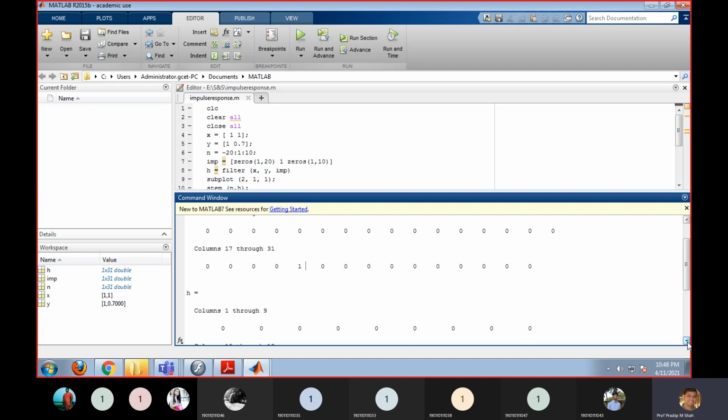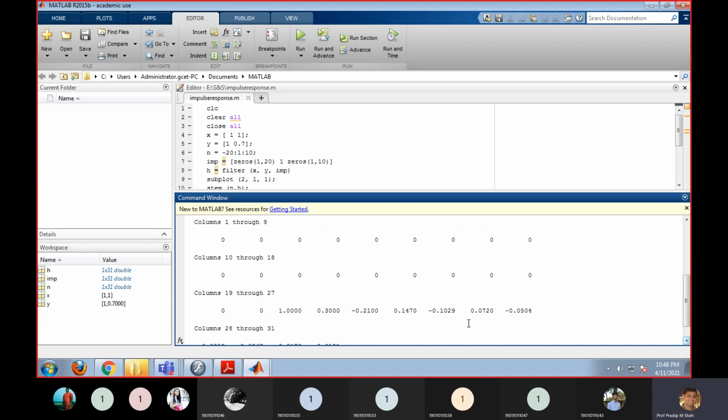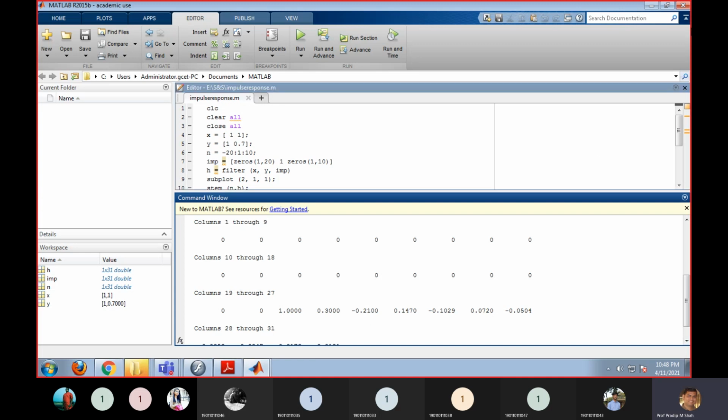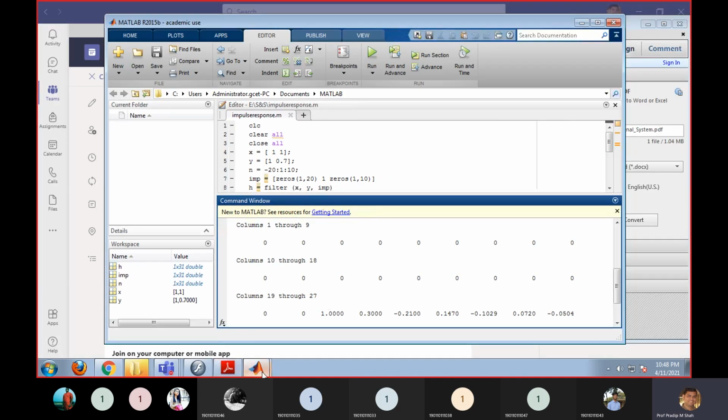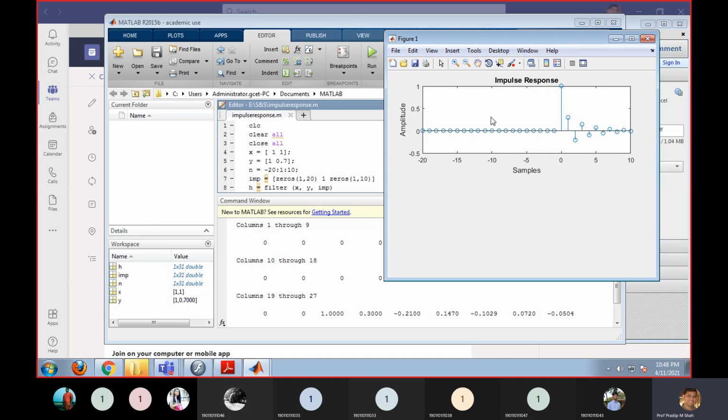You can also check the output h. It should match your graph. You can also view a figure from here. It should match this: 1, 1, then 0.3, 0.3, 0.21, 0.10.